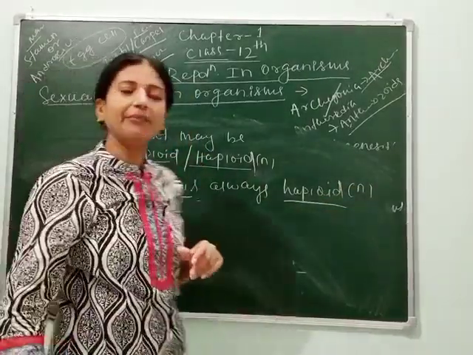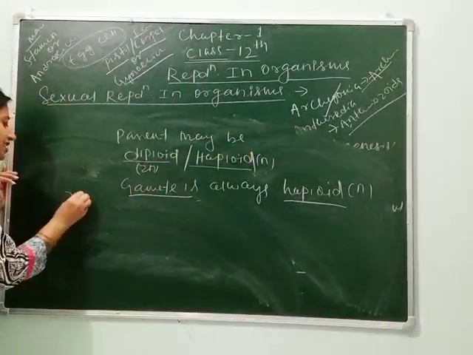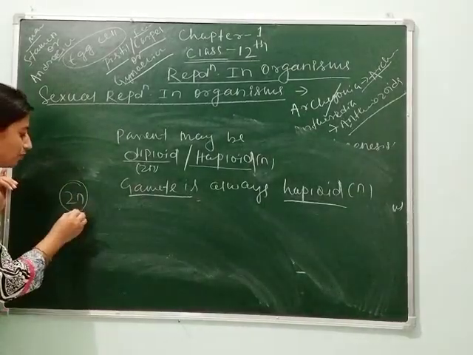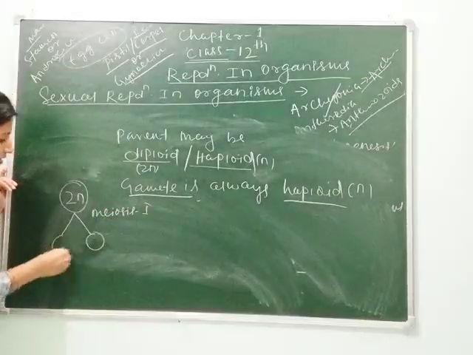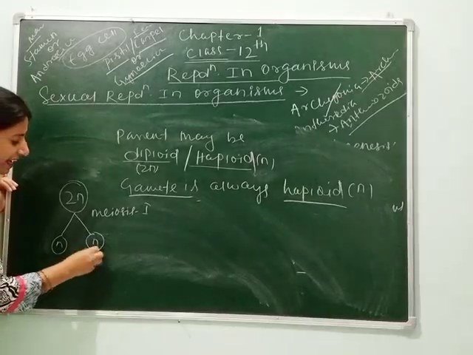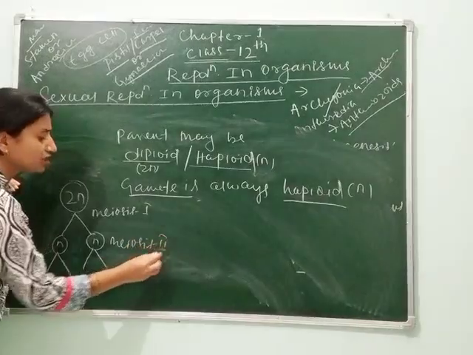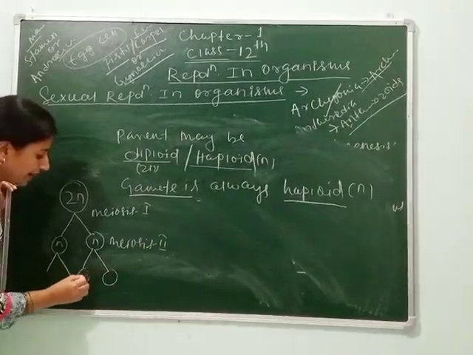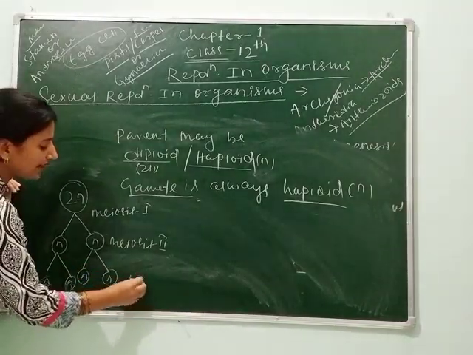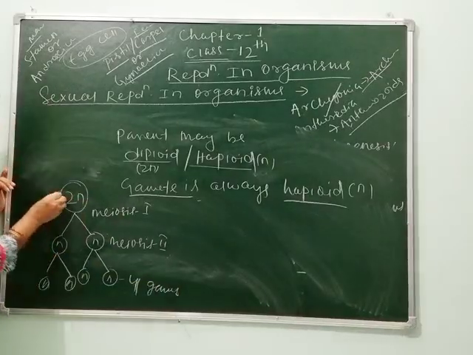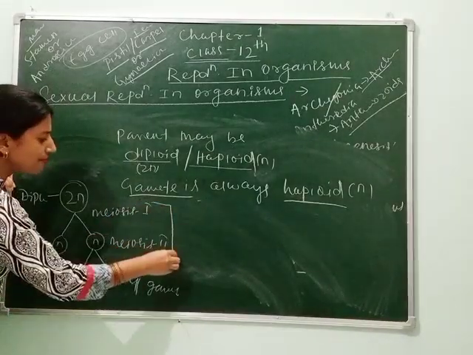So how are these haploid gametes formed by diploid and haploid parents? You can see here, if the parent is diploid, meaning it has 2n number of chromosomes, then it goes through meiosis. First, this is meiosis 1, and it produces half the number of chromosomes, meaning n. Then after formation of n, they go through meiosis 2. As we know, meiosis 2 is equivalent to mitosis. So here n gives an equal number of chromosomes, meaning n. Here you can see 4 gametes are formed. The parent is diploid, but the diploid parent forms haploid gametes through meiosis.